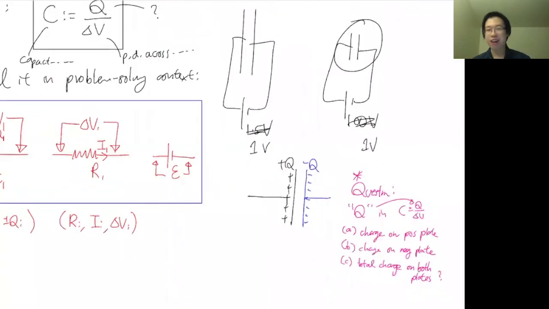So let's see what the problem is. It sounds like this is actually a very common mistake students make. They'll think, oh, you're just plugging in the total charge on both plates. But what is the total charge? If you look at this for another 10 seconds, you'll realize that the total charge would be 0.